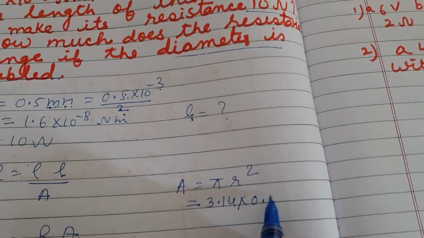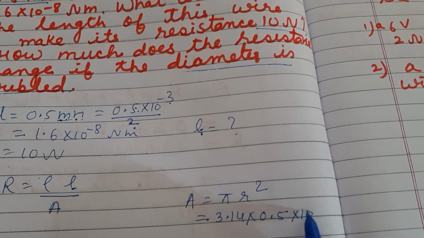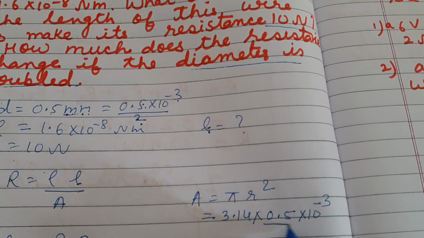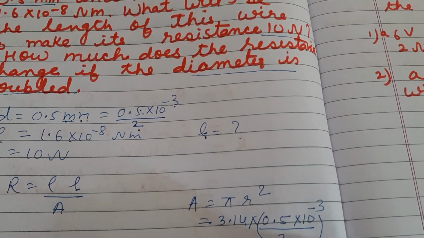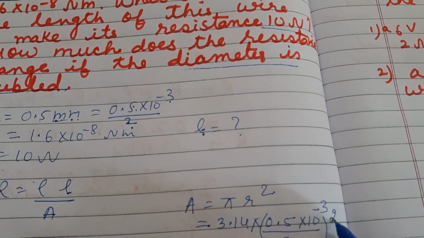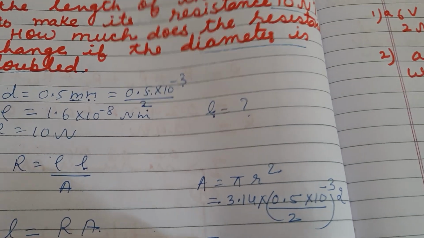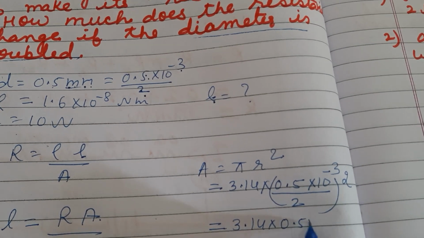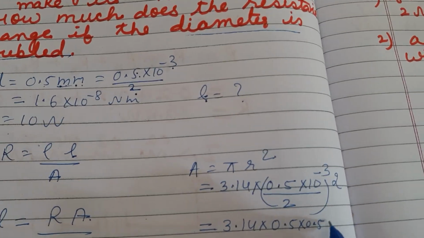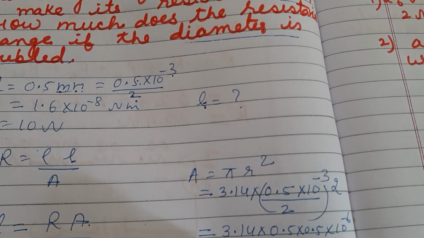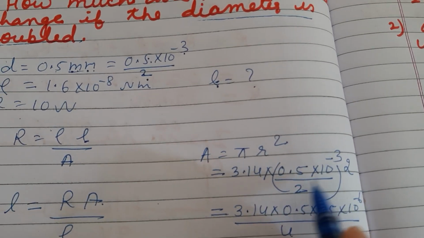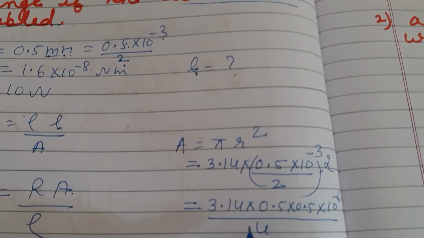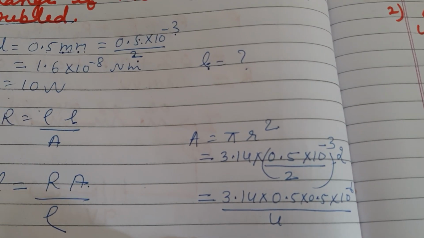So it is 0.5 into 10 raised to power minus 3 upon 2 whole square, because here it is square. So what we will get, 3.14 into 0.5 into 0.5 into 10 raised to power minus 6 upon 4, 2 2s are 4. So when you solve this, you will get